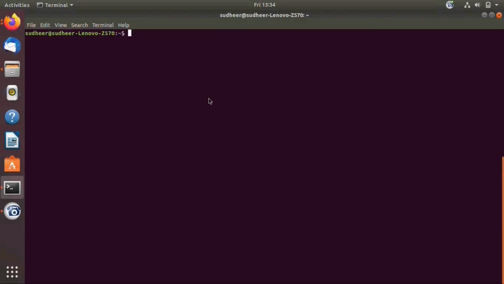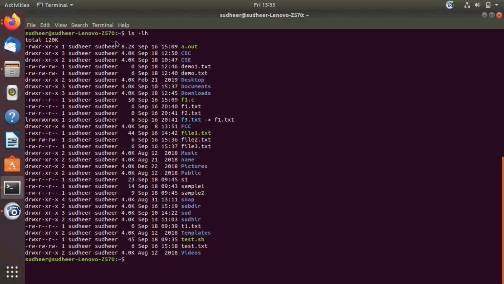The next one is, if you want to list the files in a human readable format, then you need to use ls -lh. The option h lists all the files in a human readable format with respect to the size. Now let us see the output.